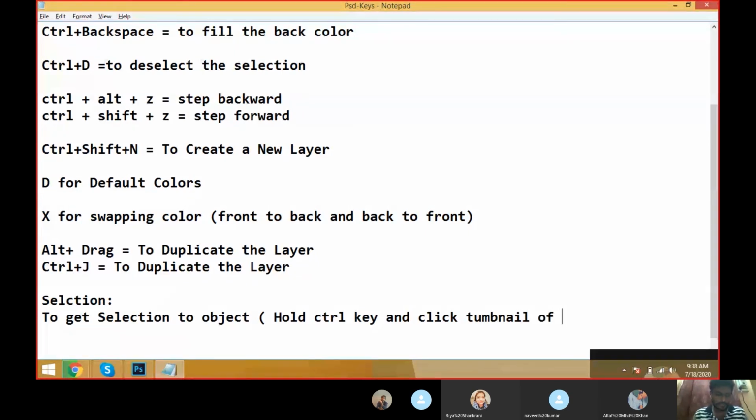Then we can get the selection to the object. If there is no selection, to get the selection to the object, hold the Control key and click the thumbnail of the particular layer, then we can get the selection. This is one step.